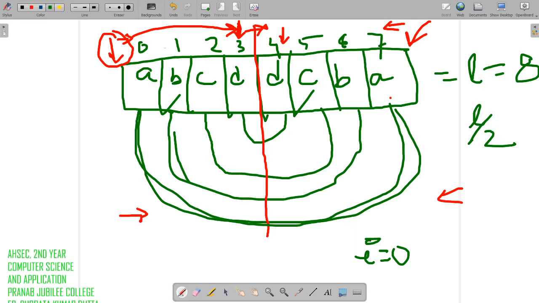From 0, that is the first index, right? Say this pointer is I, so it will start from I equals 0, and it will not go up to the last one, it will go up to half of the array, right? This half will be given some different value, right? So let's see the program, we'll understand.